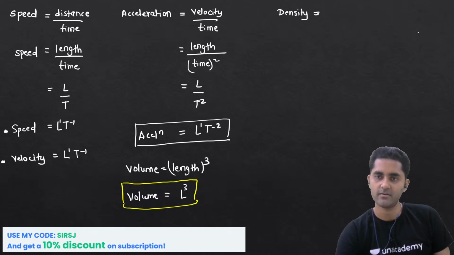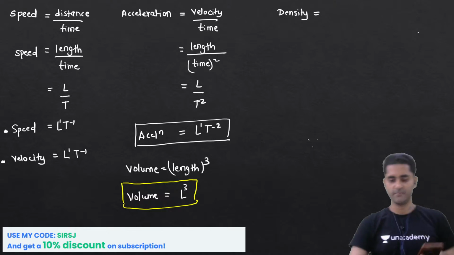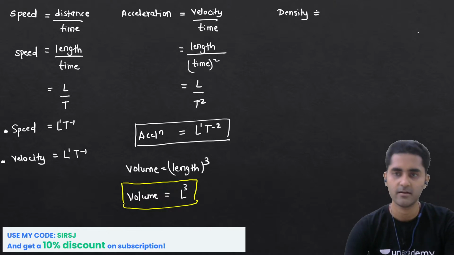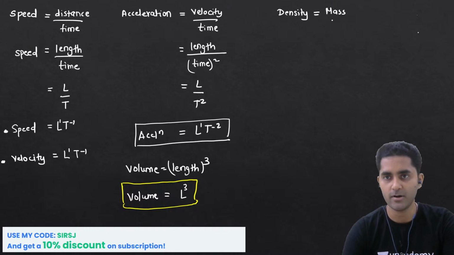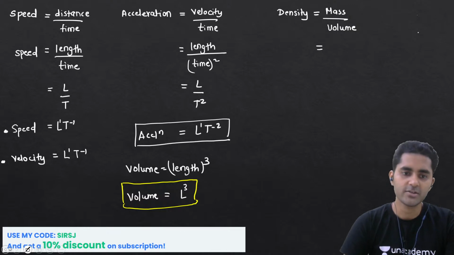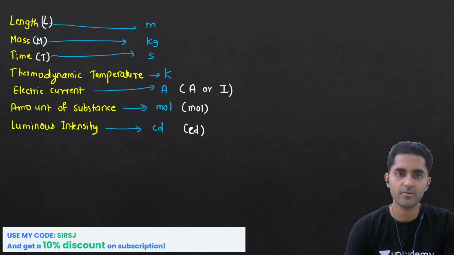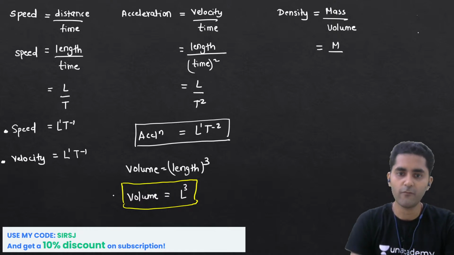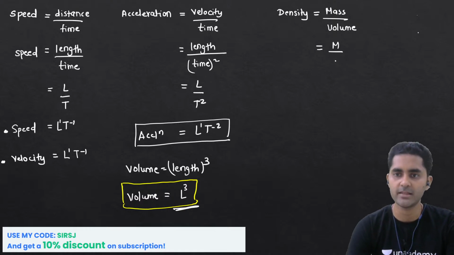Try to understand this. What is the formula for density? Let me just be clear with it. What is the formula for density? Density is mass upon volume, right? For mass, I just told you that we'll use the letter capital M. So I'll just write capital M over there. For volume, I know it is length cube, so it will be L3. So density will become M L raised to -3, because it goes in the denominator and the power of M is 1. So now here you can see that density depends on